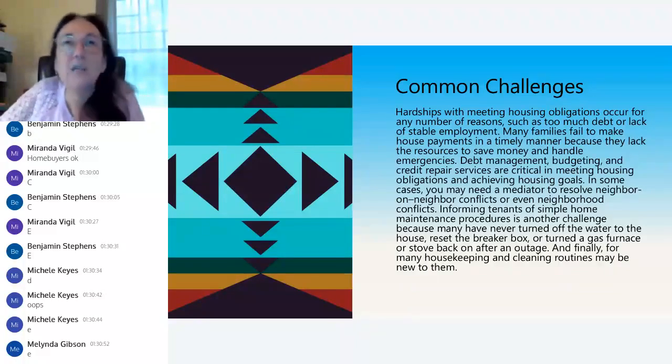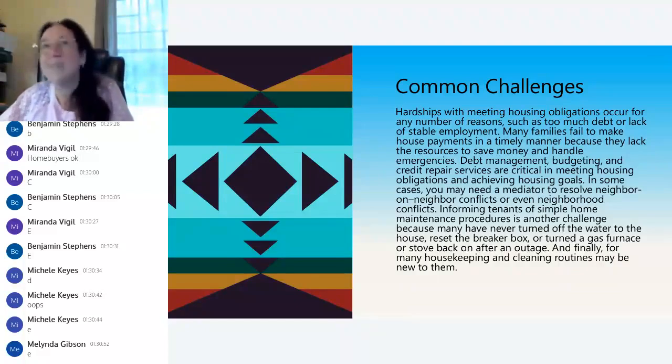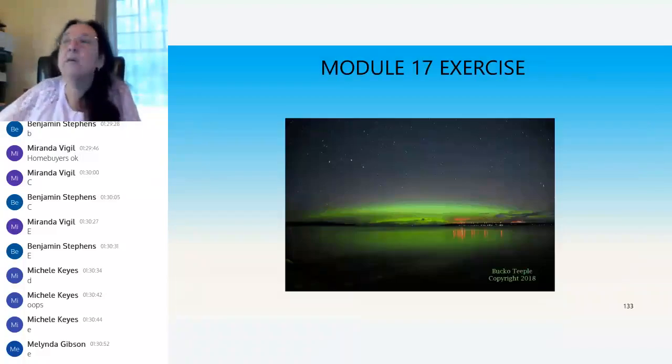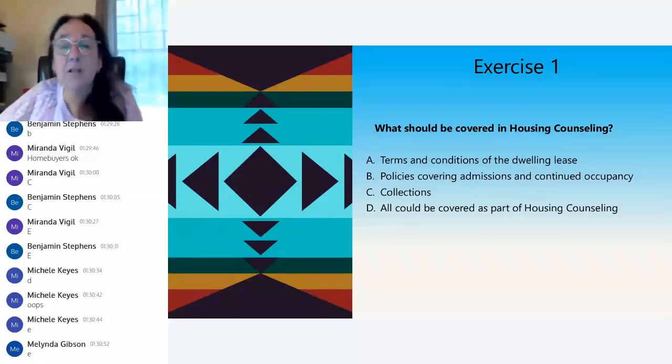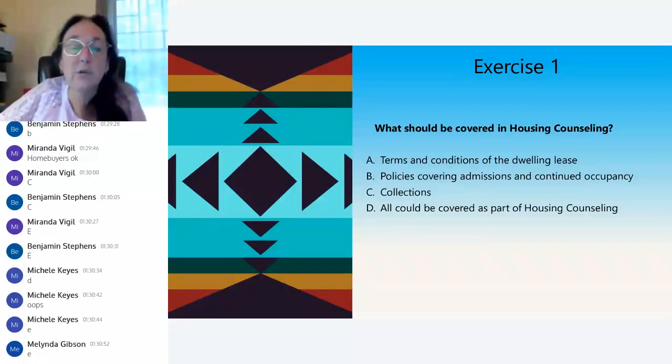Housekeeping and cleaning could be new to them. Maybe they were raised without a mom in the house. There's different programs that you can teach them how to do that also. Okay, what should be covered in your housing counseling? Terms and conditions of the lease, policies, coverings, admissions, and continuing occupancy, collections, and all could be covered as part